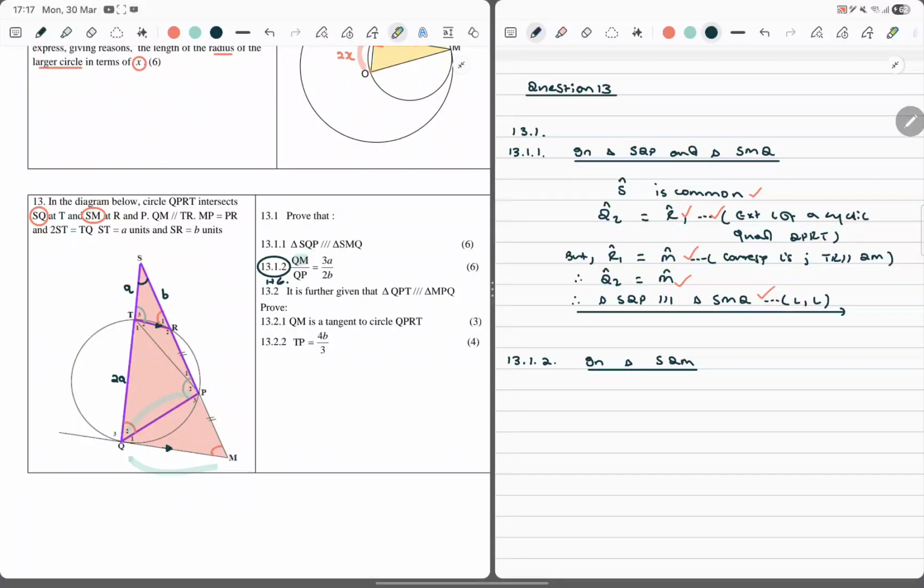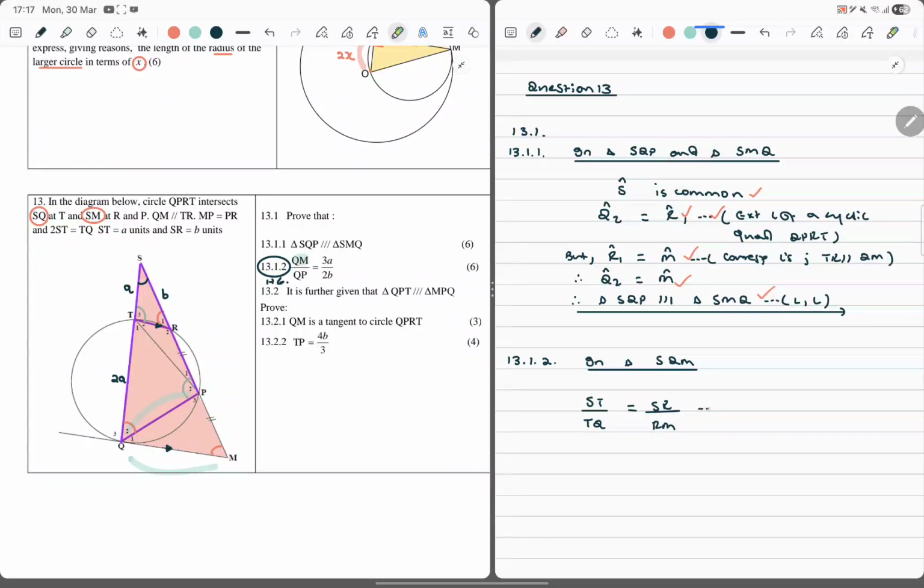What do we know? We are interested in finding out one of these sides. I think we need this side, because this is the side that we want, RP, so that it's part of this nice small triangle. Okay, so we're going to say essentially ST over the whole of TQ must be equal to SR over RM,